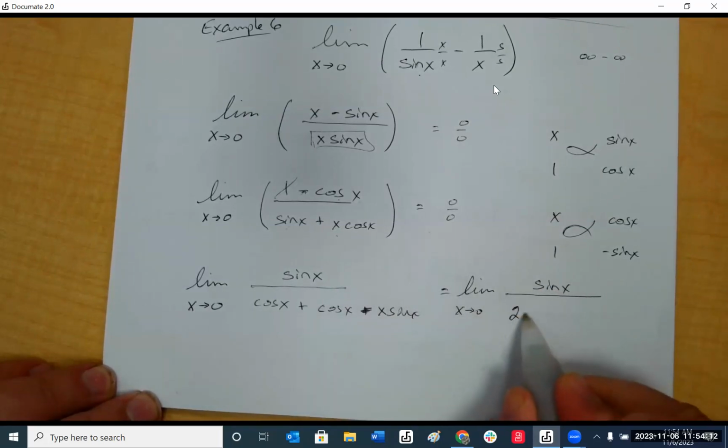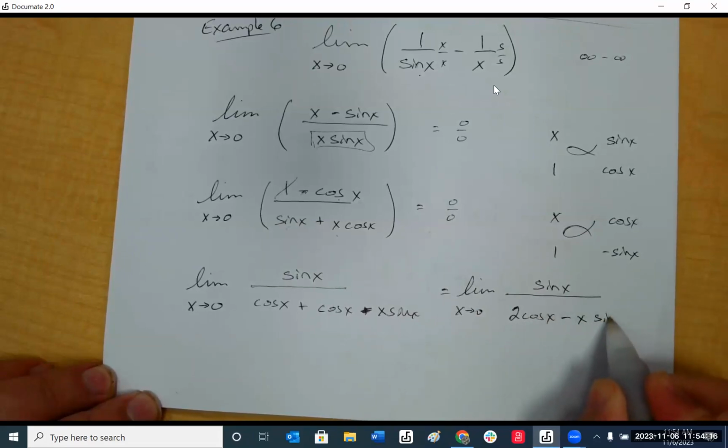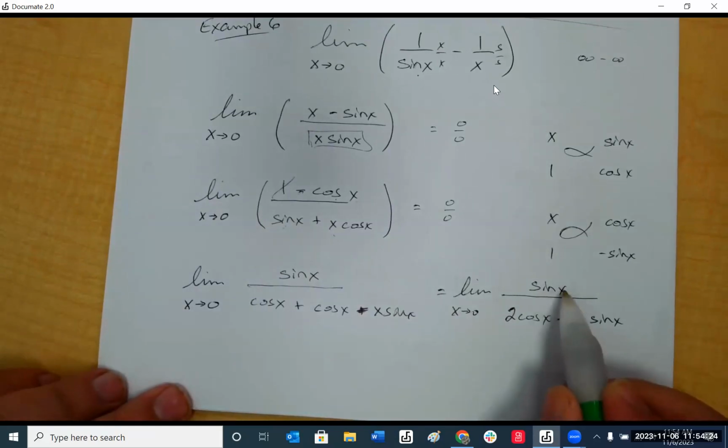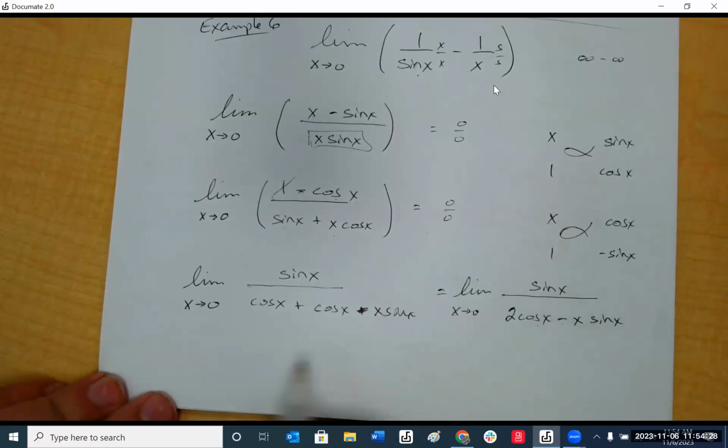So we have 2 cosine x minus x sine x. Now, if we plug in 0, we got a 0 on top. 2 times 1 minus 0. So our answer is